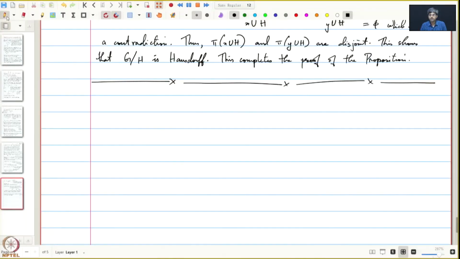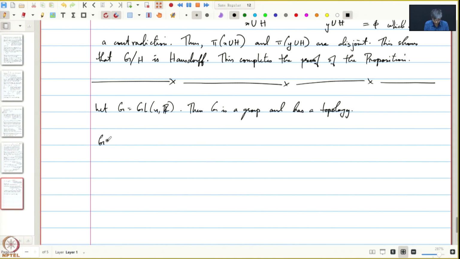So now we will see an application of the above result. Let G be equal to GL_n(R). Then G is a group and has a topology. So we claim that G is a topological group. Let's check that. We need to show that GL_n(R)